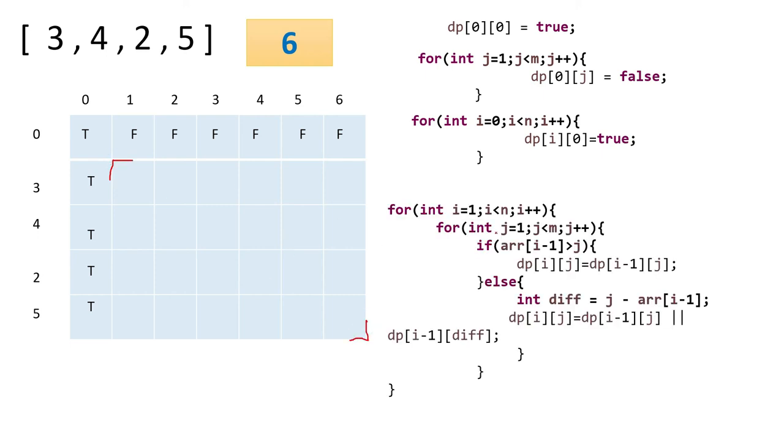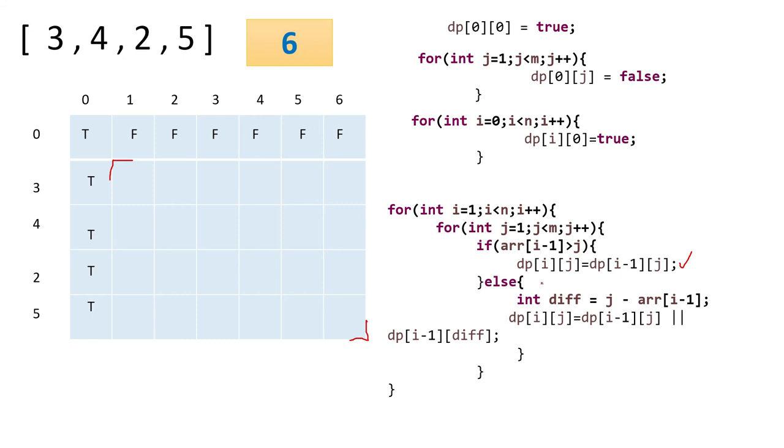apply two for loops. One will be from I to n, another will be from j to m. First we are checking if array of I minus 1 in the above cell is greater than j or not. If it is simply greater than j, then we are just copying the result, because if the new number has more capacity than the bucket itself, then no need to include it, just give me the previous result. I will just copy it. So that part is written here.